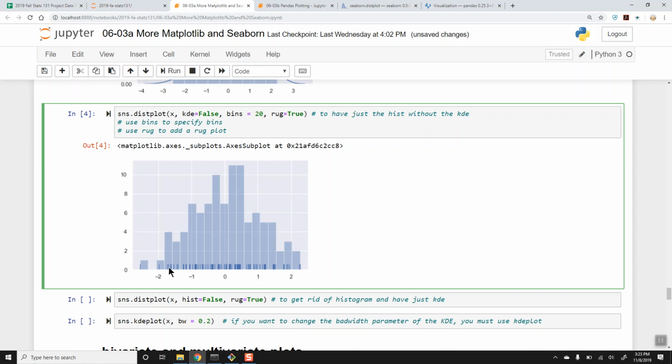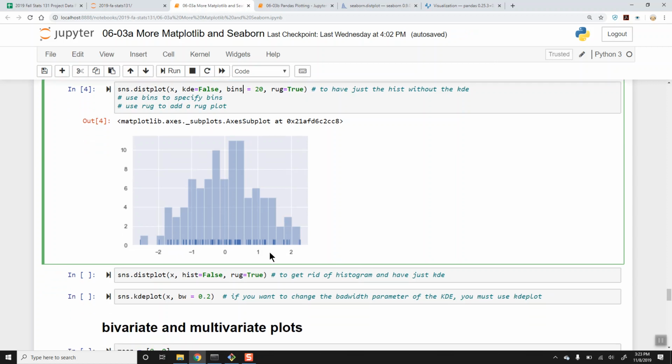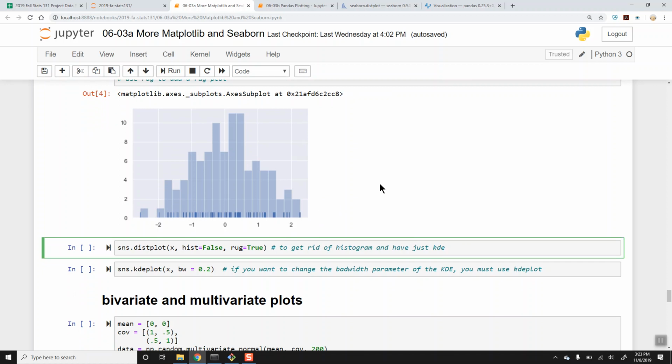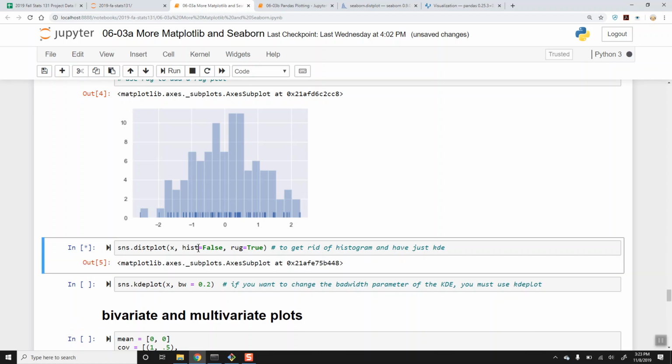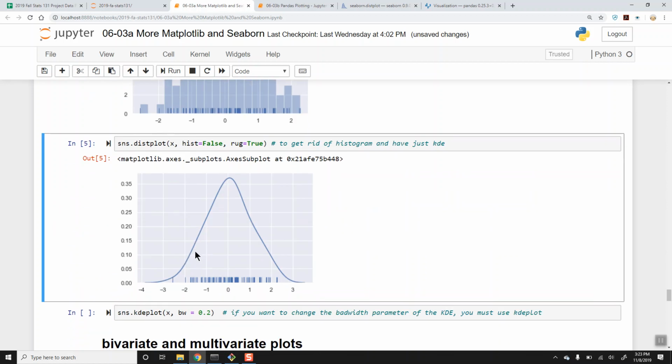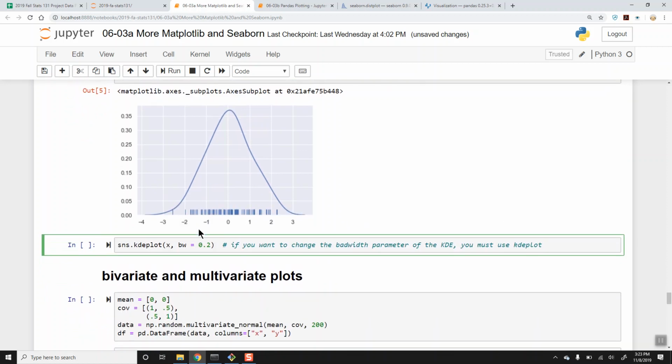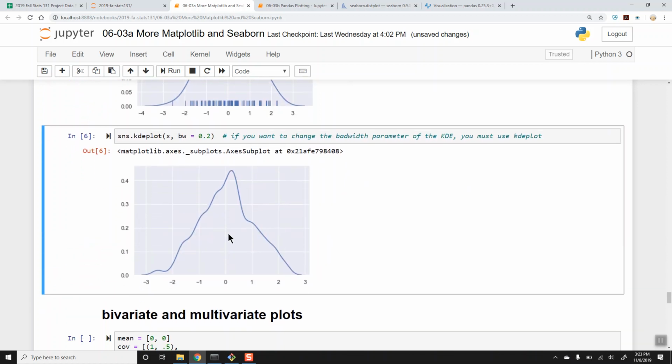The rug plot is a way to see the actual values that were selected in a less obtrusive way. It just plots little hairs at exactly the location where each value is drawn. If you just want the kernel density estimate without the histogram, you can specify those options. So here I have histogram false but rug true, and so we get the kernel density estimate and the rug plot. You can also call KDE plot directly,